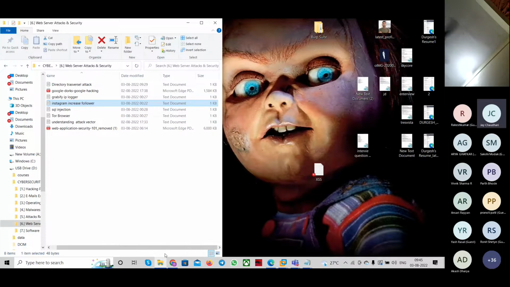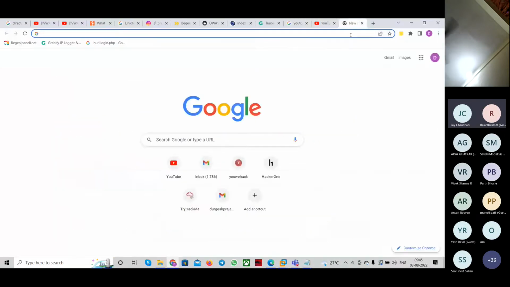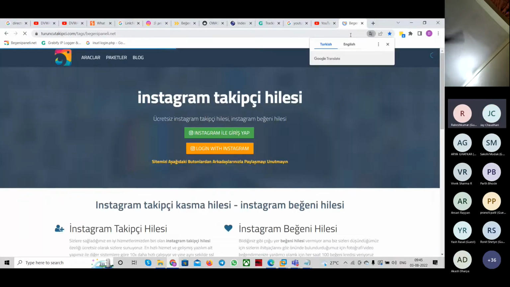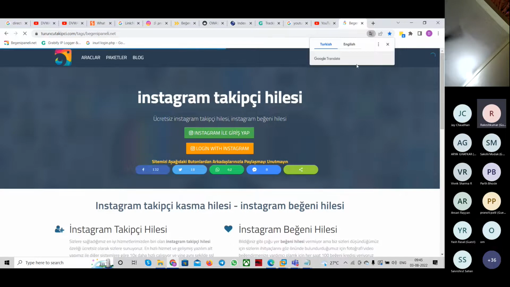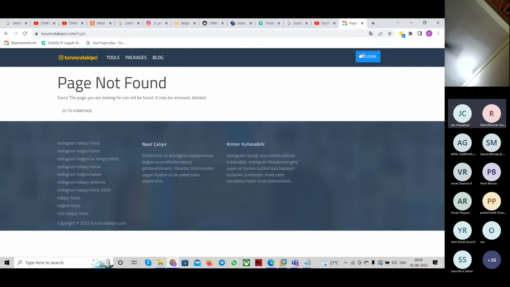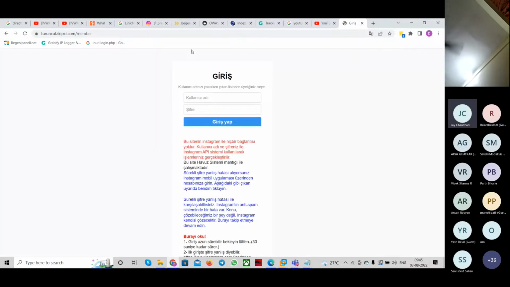अपना इंस्टाग्राम लाइक्स एंड फॉलोअर्स बढ़ाने में इंटरेस्टेड हो, तो यू हैव टू जस्ट क्लिक ऑन दिस वेबसाइट। तो यहाँ पे आपको कुछ उल्टा सीधा लिख के आएगा विच यू विल नॉट अंडरस्टैंड, सो यू हैव टू लॉग इन इनटू दिस।